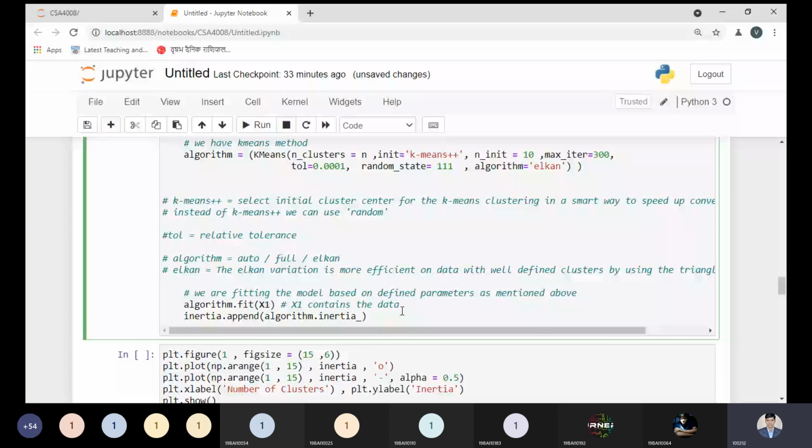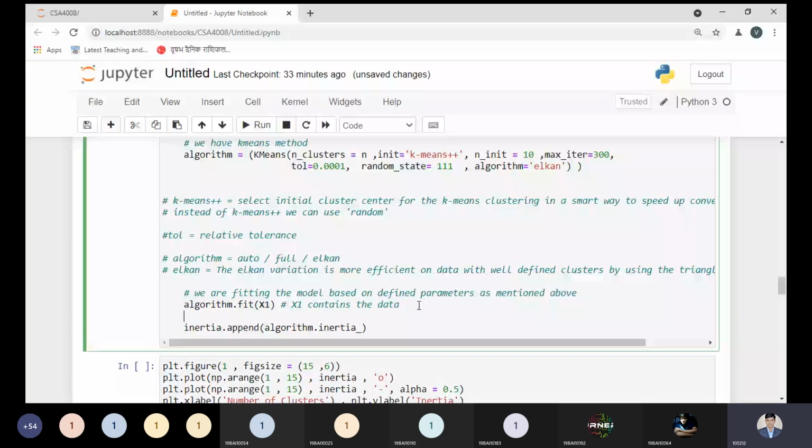The inertia value is basically represented by the mean sum of the squared distance. It appends some information, and we have to use a parameter, the algorithm. This algorithm is basically a parameter, the name of the variable that we have decided over here. So algorithm equal to this one I'm highlighting.